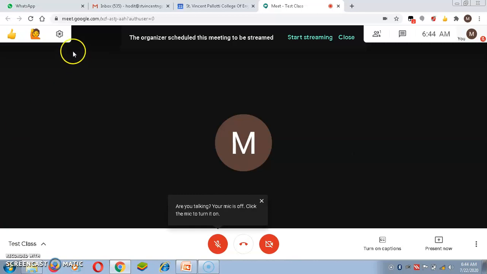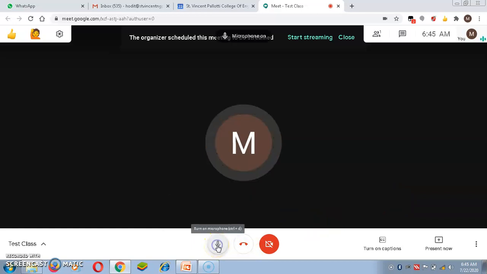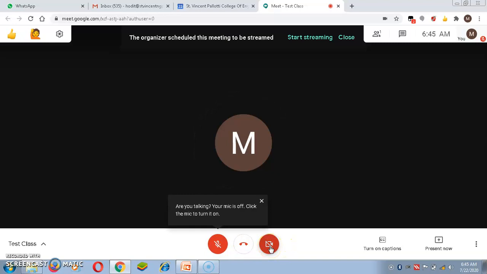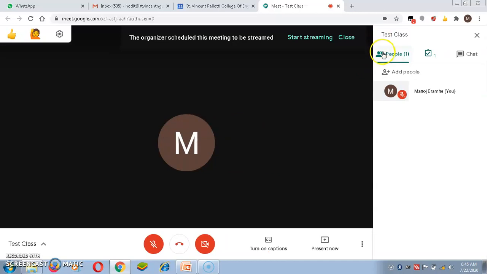So it will show me basic things, that is this option. By clicking on this, I can leave my call. By clicking this, I can unmute and mute my audio. Here I can unmute and mute my video. Then here, if I click on this icon, it will show me the number of people who are currently available in Meet.